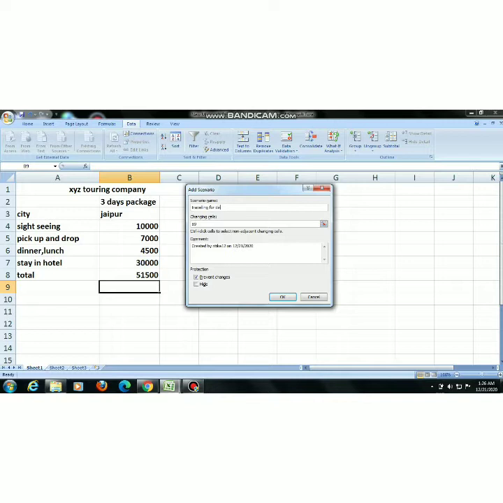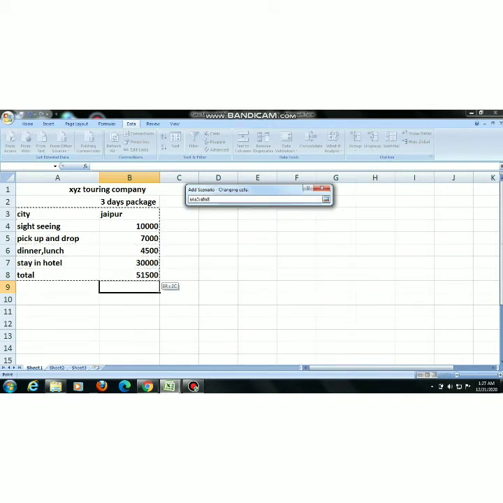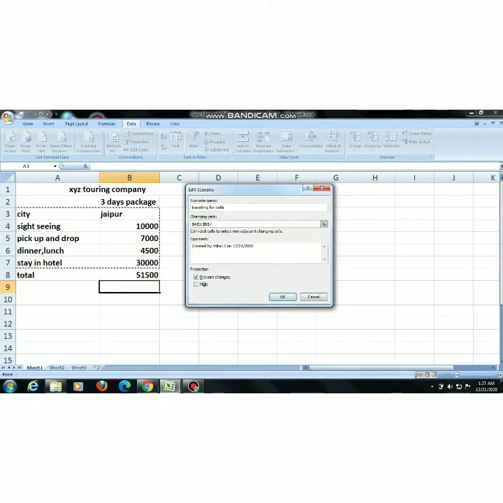Done. Here is Changing Cells. Children, in which cells do you want to make the changes? For this you will select from this cell to all the cells, except the total. Please don't select the total. It will change by itself because we have placed a formula there. In the comment section you can give any comment if you want. Here I am giving the comment that this is the traveling package to Delhi. Done. If Prevent Changes protection is enabled, you will disable it.